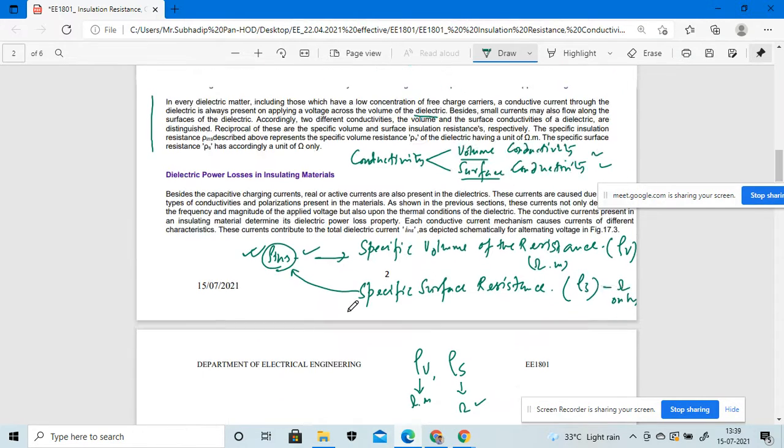So now we can consider the dielectric power loss of an insulating material, right? What will be the power loss? Whenever we consider the transformer oil, there must be power losses during the operation in an insulating material. In case of an insulating material, we are using the transformer oil. So during the operation, from the transformer oil, we are considering the power losses. How the power losses will be described if I choose the transformer oil, that we will discuss.